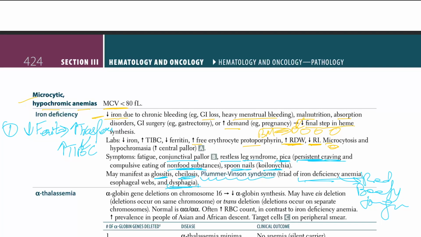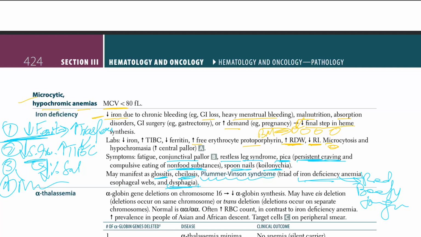Okay, that's the first thing to go, ferritin. Second thing is we have decrease in iron, serum iron decreases. Third, when the serum iron decreases, the person's saturation also decreases because the serum iron decreased. Third, you will have a normocytic anemia first, and then fourth, microcytic anemia. Okay, so that's pretty much what we have for